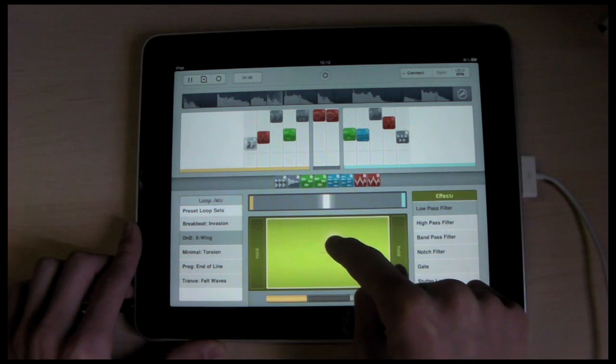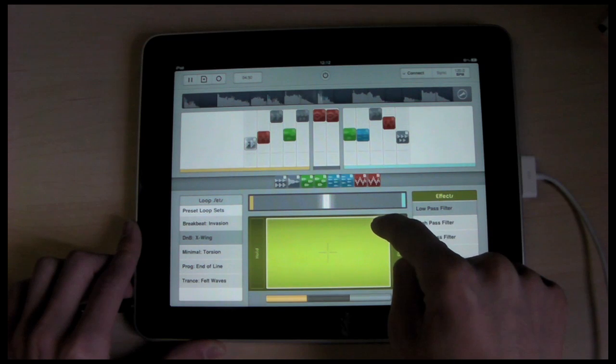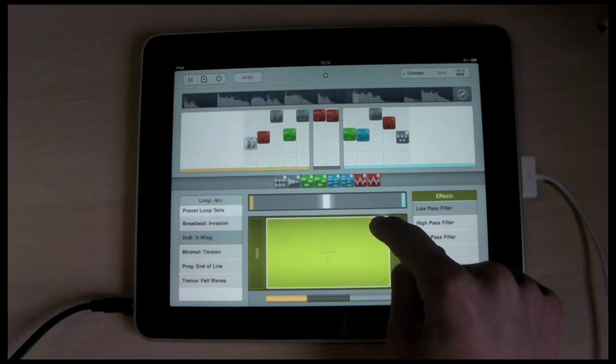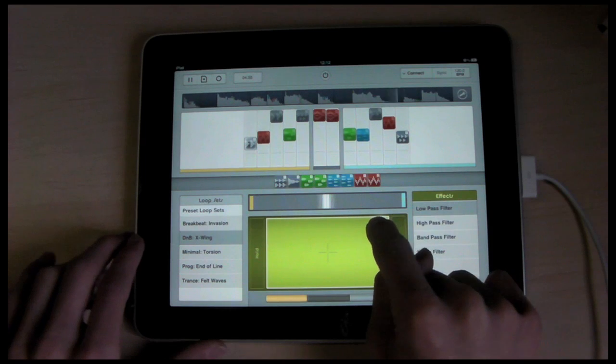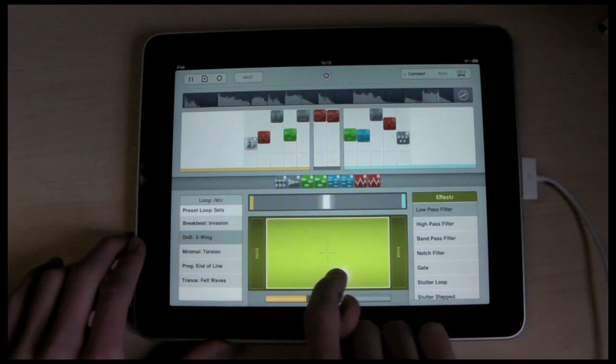So if we come up here, we're going to get a much tinnier sound as we only get the high notes, and we're going to get the female voice coming back in, again, because that's sort of high. So it's a bit like an EQ, but not quite. If we come down here,